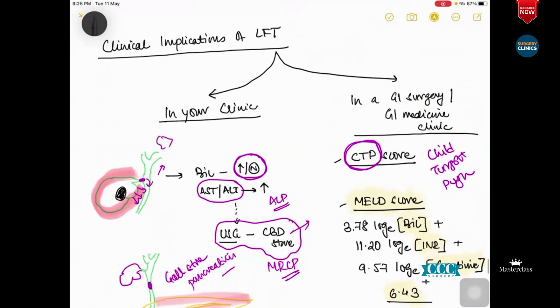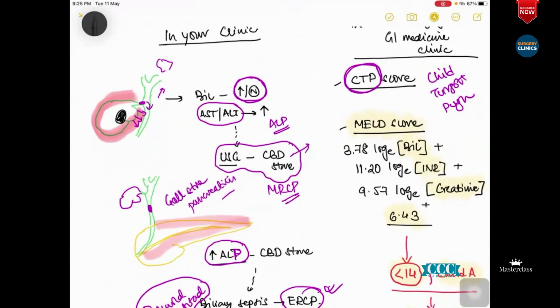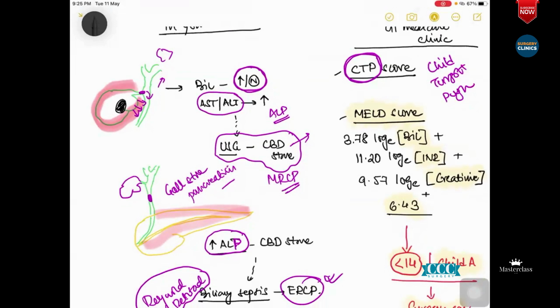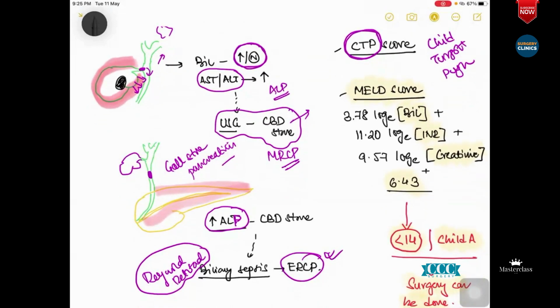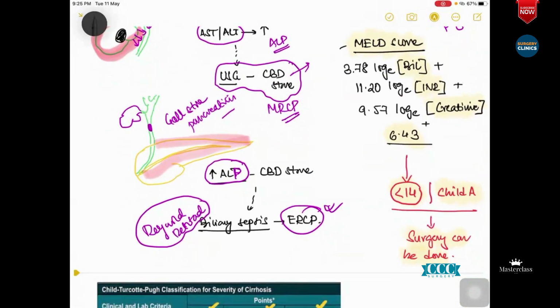Okay, so I went off here with the clinical implications of LFT. If you have a patient with cholecystitis or maybe Mirizzi syndrome, or say a CBD stone, you will have elevated bilirubin. Also your ALP and your transaminases will increase. So you need to do an MRCP and find out whether there is a CBD stone, right? Suppose in a gallstone pancreatitis, you get a patient with increased ALP. There is a propensity of having a CBD stone. So this patient might go into biliary sepsis and develop renal failure, so will require an ERCP drainage.